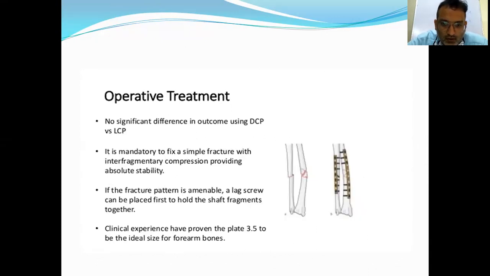Operative treatment. How do you treat the fractures? The most common and the gold standard preferred is plate fixation. If you can't treat it with a plate, try to go for a nail, intramedullary nail, Rush nail or TEN nail. So what is the indication for TEN nailing? Usually it is in children if it is necessary, and compound fractures where plate fixation will lead to infection.